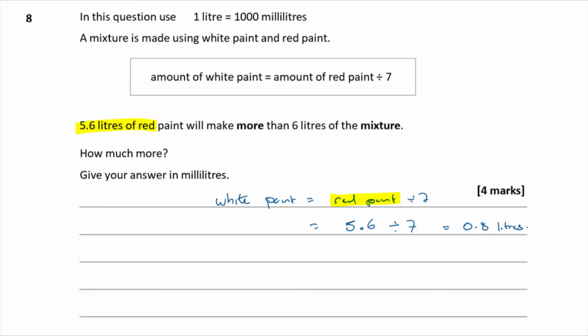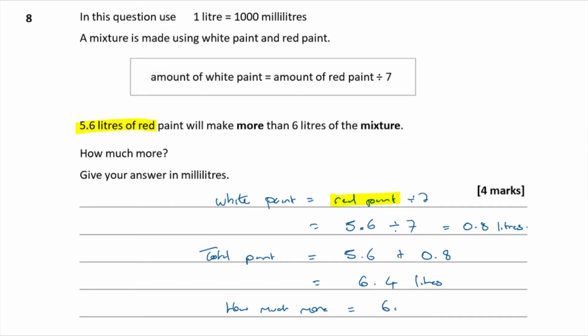Okay, so then the total for the mixture is going to be the 5.6 litres of red paint plus the 0.8 litres of white paint, giving you a total of 6.4 litres of paint. Okay, now that's not the question though, is it? It's not asking us how much it makes. It says how much more than 6 litres is that? How much more